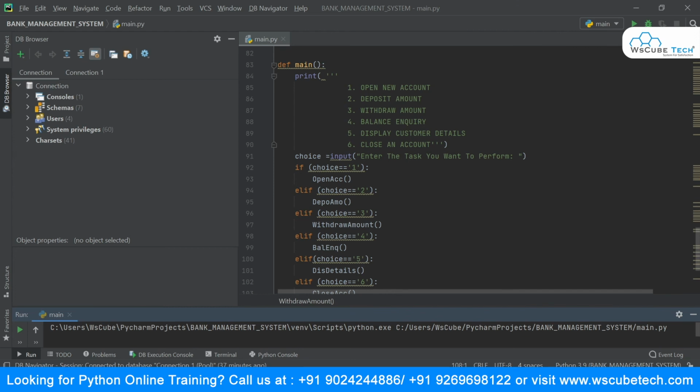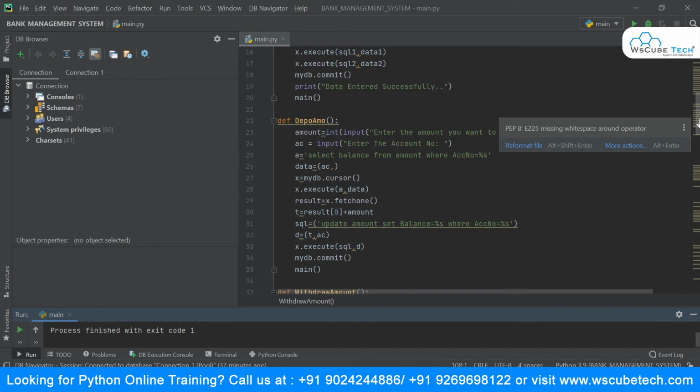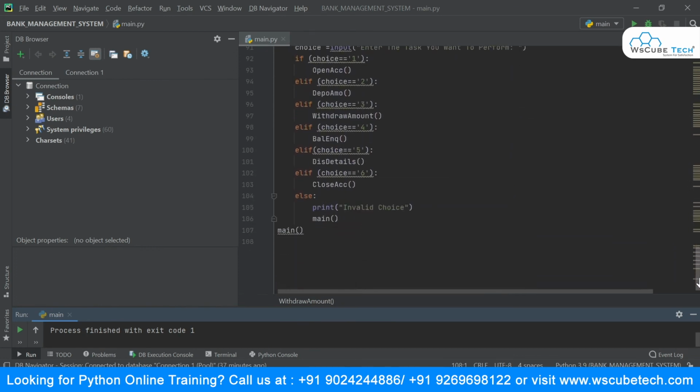It just has this simple print statement, and we are making use of these if elif statements in order to accept the choices, what the user wants to input. Once we are done with this, we just say call main.